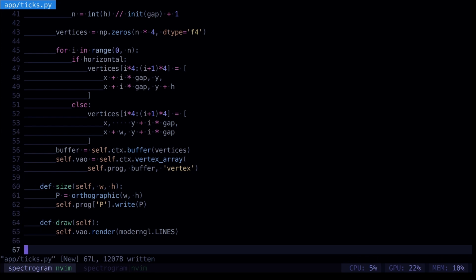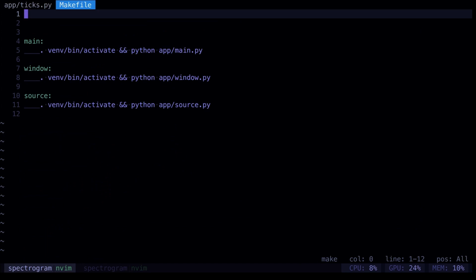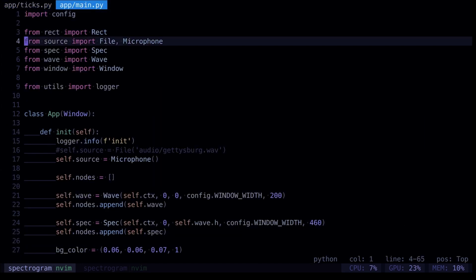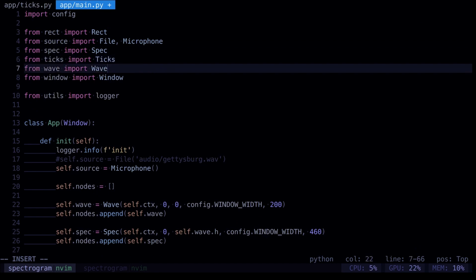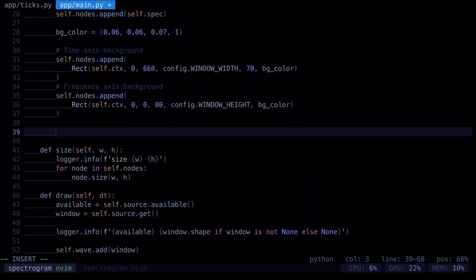Okay, now we've got that. Hopefully no errors, but there always are. We want to open up our main, not our makefile, our main, and we want to import that. Import our ticks, and then underneath our backgrounds,